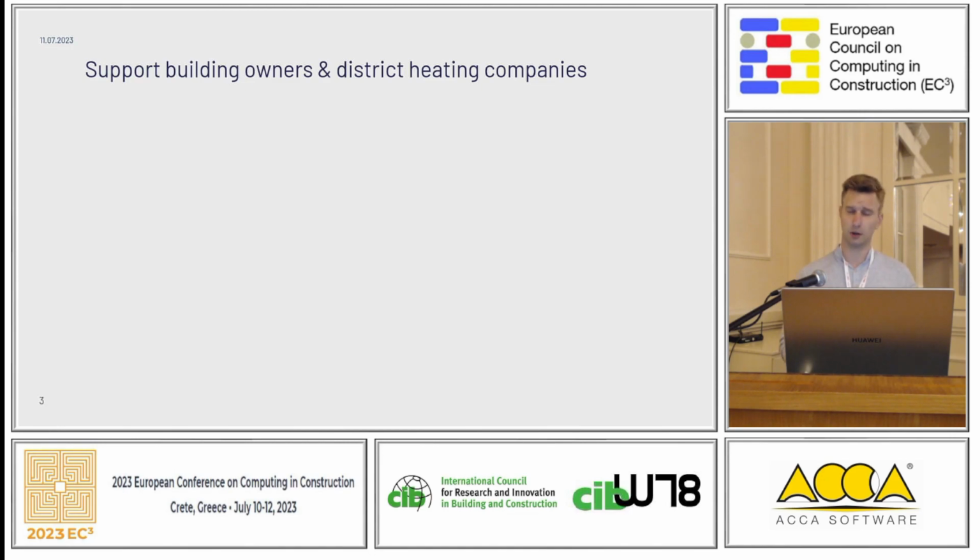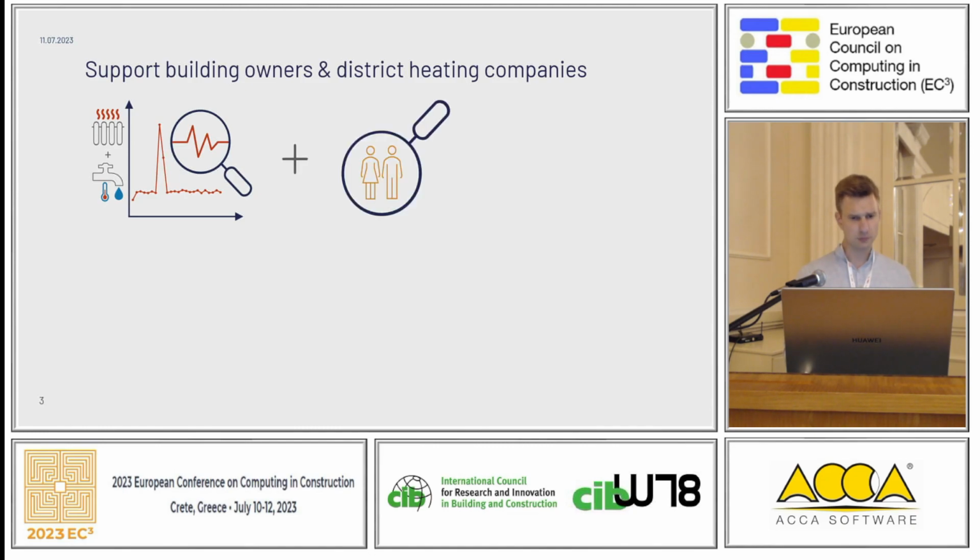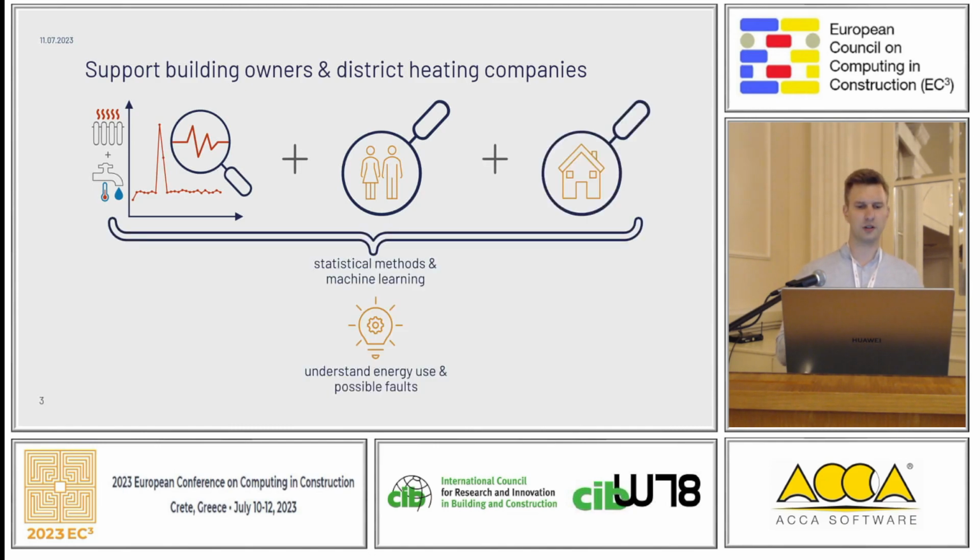So how are we going to use that information to not only support building owners, but actually also support district heating companies? Well, we're going to start to analyze and extract information from the time series, that hourly time series representing the total energy use of the building. But we're going to also combine that with statistical information about the occupants and about the building itself. Using statistical methods and machine learning techniques, we're going to get a better understanding of why a building uses energy in the way it does, and we will be even able to detect